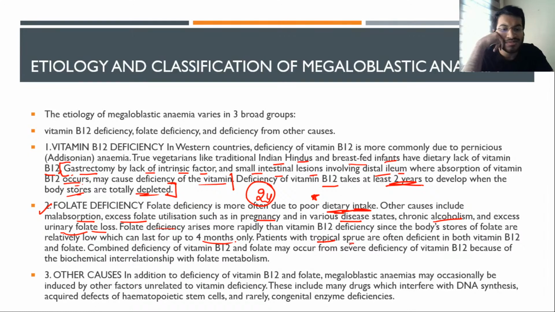Patients with tropical sprue are often deficient in both vitamin B12 and folate. Combined deficiency of vitamin B12 and folate may occur from severe deficiency of vitamin B12 because of the biochemical interrelationship with folate metabolism. Then other causes. In addition to the deficiency of vitamin B12 and folate,